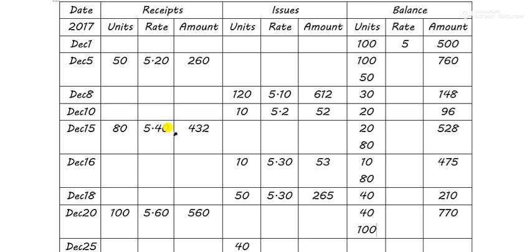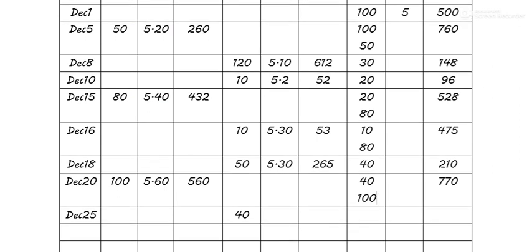So now I know that 20 units is from this stock and 80 units is from this stock. This is making our work simple. Just listen to me carefully and you'll understand it. Now 20 units is from this stock and 80 units is obviously from this stock purchased on December 15. On the next day a shortage occurs and this shortage is deducted from this one, so we have 10 units of this stock left and 80 units of this stock left completely intact.